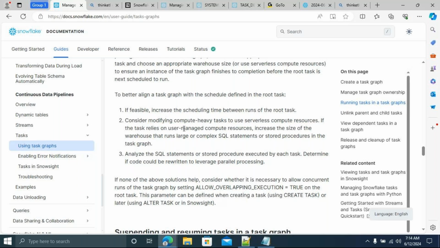Because we can't know what data is going to come and on which workloads you want to change the warehouse size, I have to change it manually if it's user managed compute. If it's serverless, everything is taken care of by Snowflake. In serverless there won't be any queue state that will trigger. Third one is